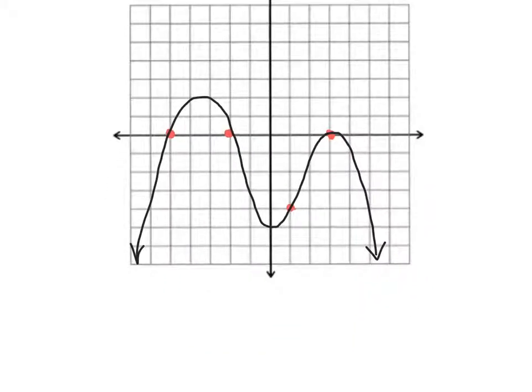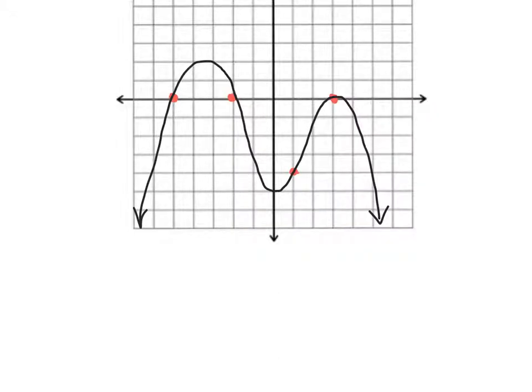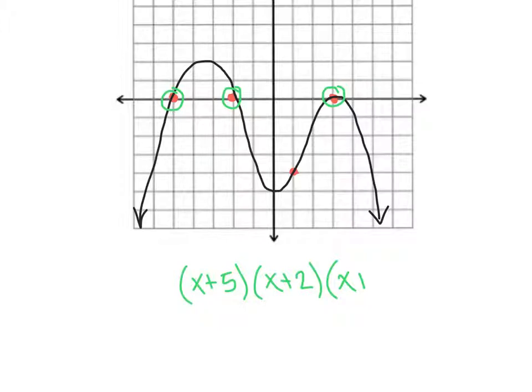So let's start with our roots here. It looks like our first root is at, let's see, this would be negative 5. So we've got the quantity x plus 5. And then we've got the negative 2, so we've got the quantity x plus 2. And then we've got a bounce right here at positive 3. So the quantity x minus 3 squared. Because of that bounce, we've got to make sure we've got a squared sign there